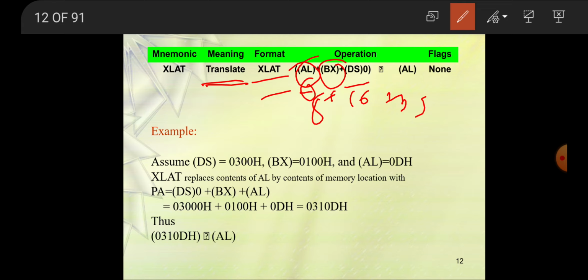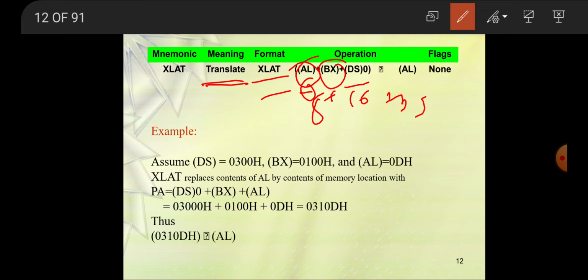Suppose, assume, I will take one example here. Suppose DS is equal to 03H, BX is equal to 0100H, and AL is 0DH. Now we add them.